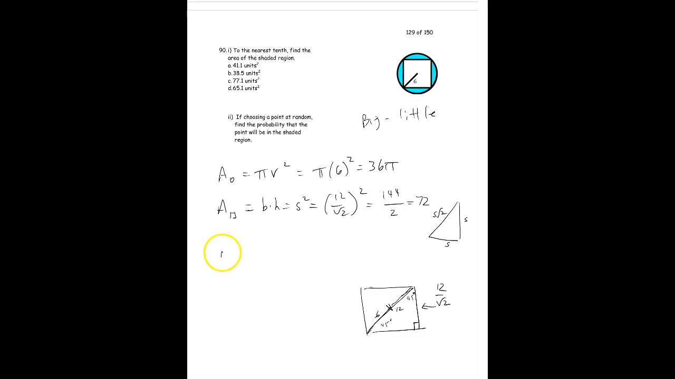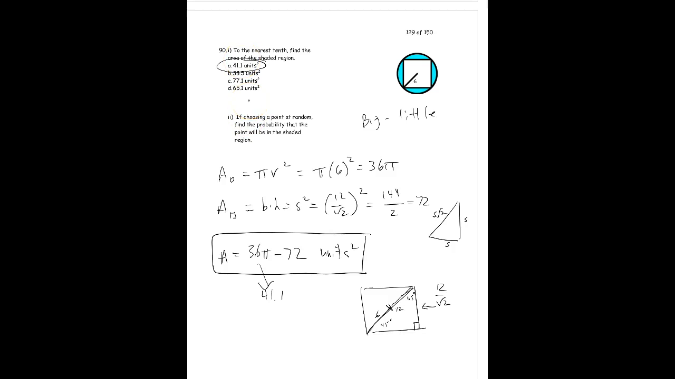So the area of the shaded region was 36 pi minus 72, and that's units squared. And actually, if you put this in your calculator to the nearest tenth, you get 41.1, and that's actually the answer here,